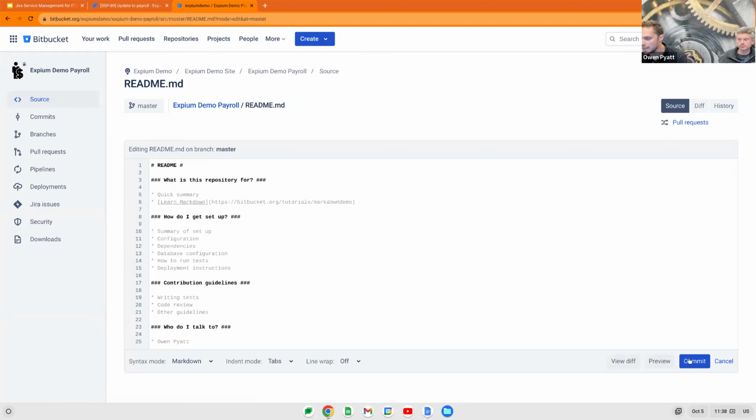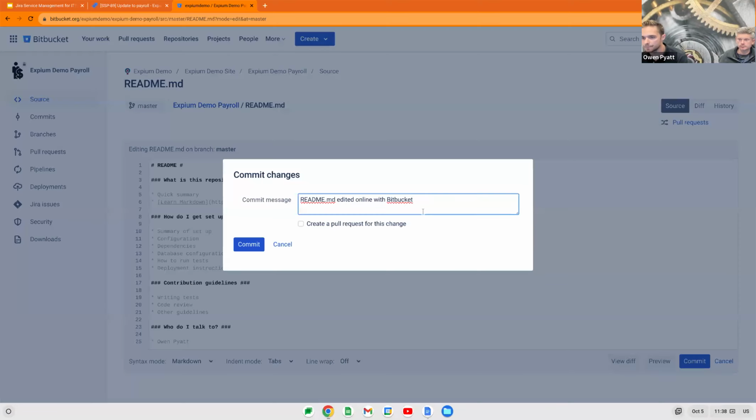Once I click commit, I'm going to have to add a commit message. Now this part is rather important for the demo. I'm going to say commit code for SSP 89. Now what that's actually going to do is, if you look up here, that's the issue key for the story that I just created in my sample Scrum project. So now when I select commit,